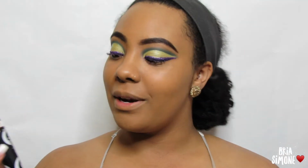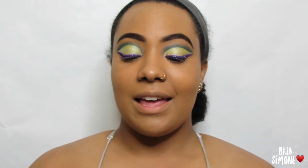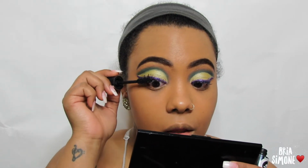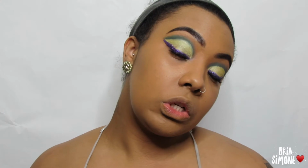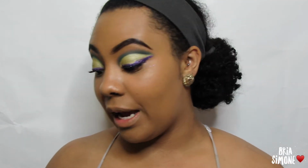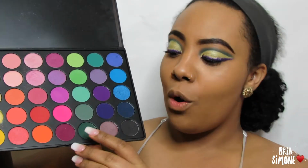I'm going to be layering the Rimmel London Scandal Eyes Retro Glam and the Too Faced Better Than Sex mascara. So definitely not a false lash, but I think we can work with it. I don't know, you guys. I really don't know. So moving right on into the lower lash line,